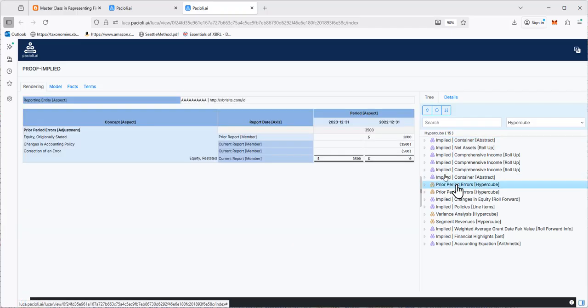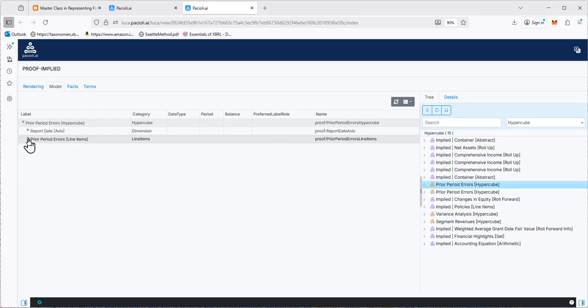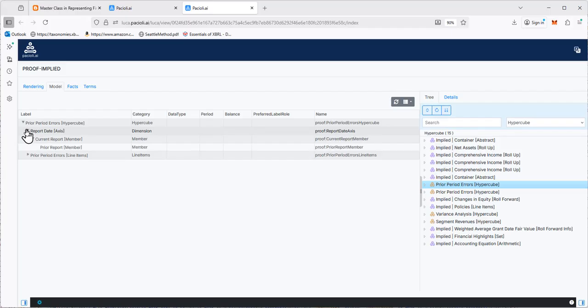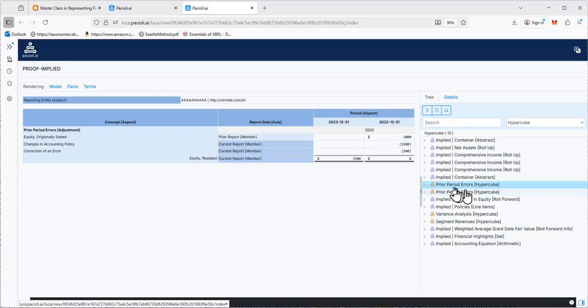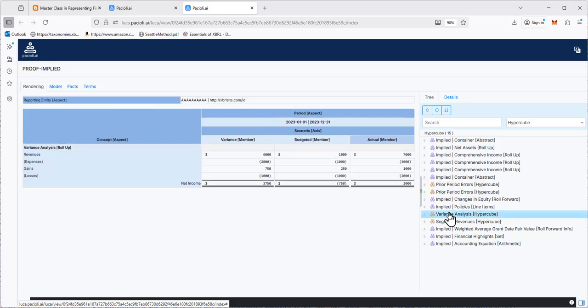Here you have concept, period, and reporting entity, but another explicit dimension was added. You can see that in the model. There's a dimension that was added. It uses the term axis, which, in my view, should be avoided. But you can see that is why you have to use an explicit hypercube here, in this variance, because